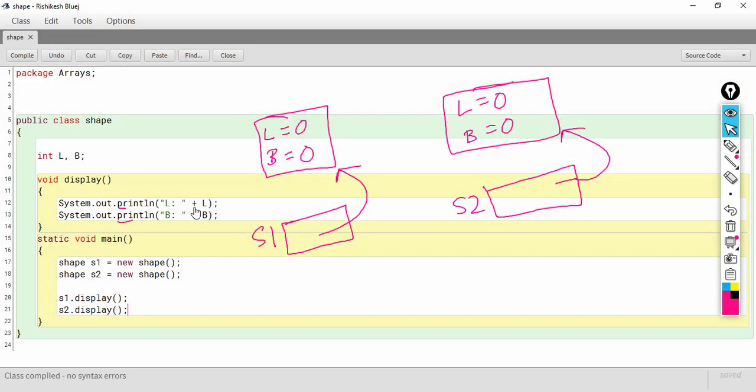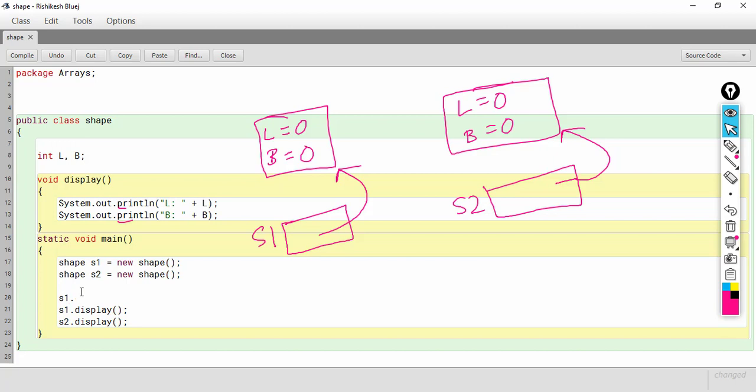Now using the dot operator we have accessed the member function. Similarly we can access the instance variables also. If I write s1.L = 10 and s1.B = 20, then s2.L = 30 and s2.B = 40.